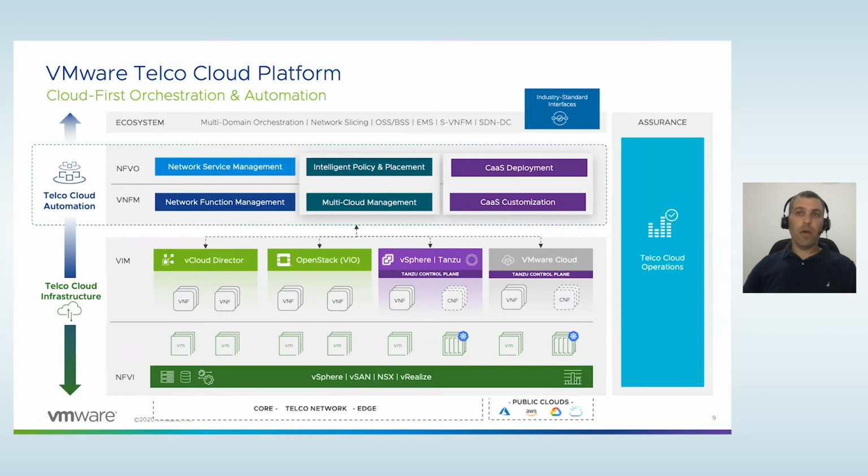The automation allows us to deploy the SDDC, to perform zero-touch provisioning for the whole SDDC stack along with the CaaS stack, and to make sure that the CaaS is optimized based on the CNF application requirements, and in the end to chain it into a meaningful network service. All of that comes with the policy and placement engine that allows us to make sure that our application and our deployment answer all the criteria as defined by the customers.